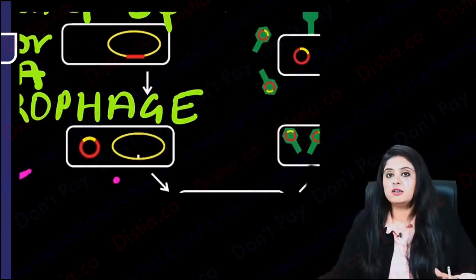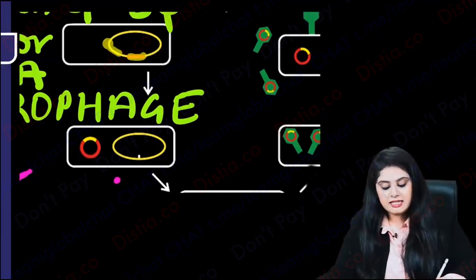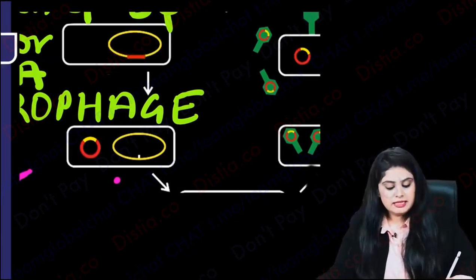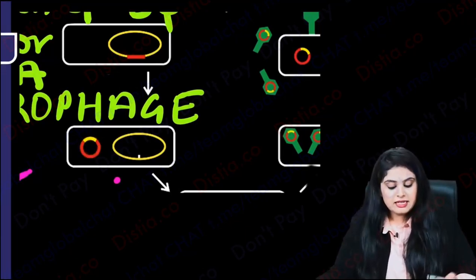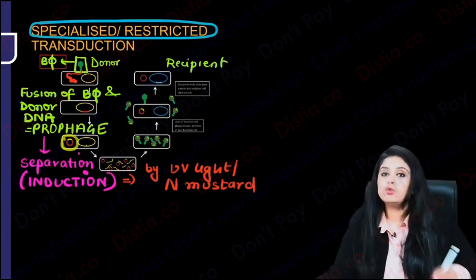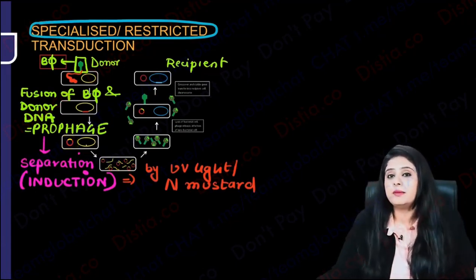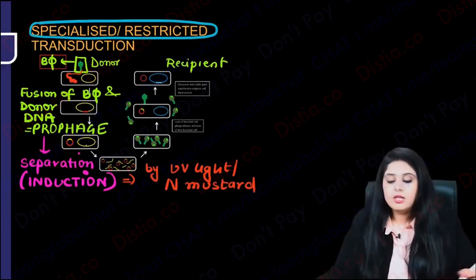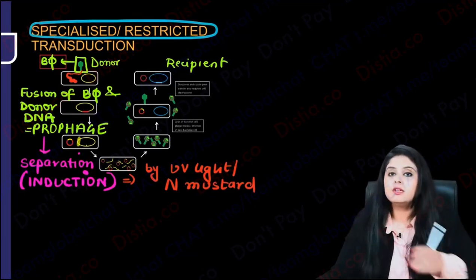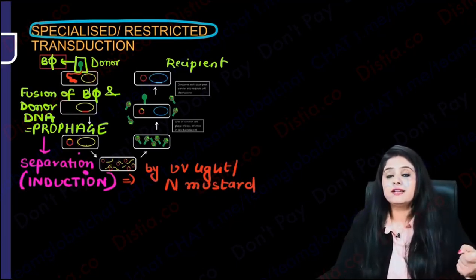Has the separation occurred fully? Has the red and yellow separated as it is? No. A little bit of red and yellow mixture has happened. So can I say that this time the bacteriophage could not take its entire sample separately out? It had a little memory from the donor, and that is what I wanted. I wanted a little bit of the donor DNA to come into this Swiggy taxi so that I can get